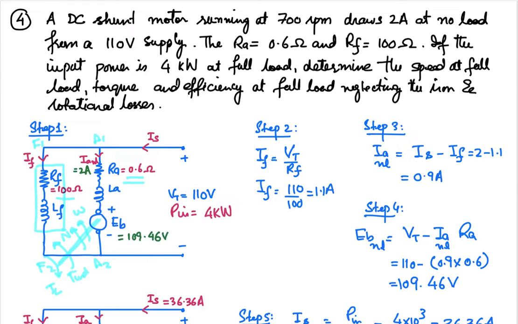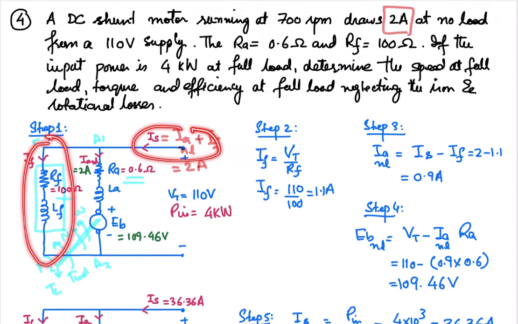Okay, so now what will be the supply current? Supply current will be equal to the armature current at no load plus the field current. So the supply current is known to us, that the machine is going to take 2 ampere, right? So this is 2 ampere, and we know about the field current, that is the current in this branch. So supply current is known. Taking the difference of these two will give us the current in this armature at no load. So armature current at no load will be supply current minus the field current. So 2 minus 1.1, 0.9 ampere is the current that is going to flow in your machine at the no load